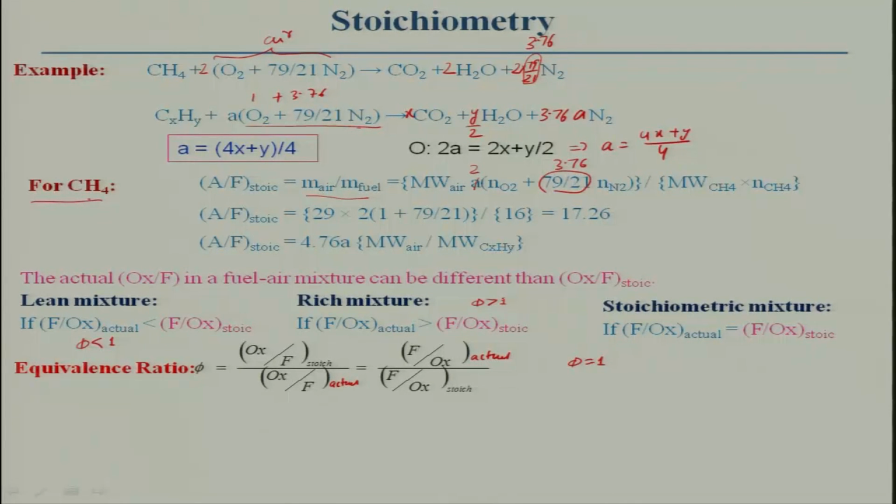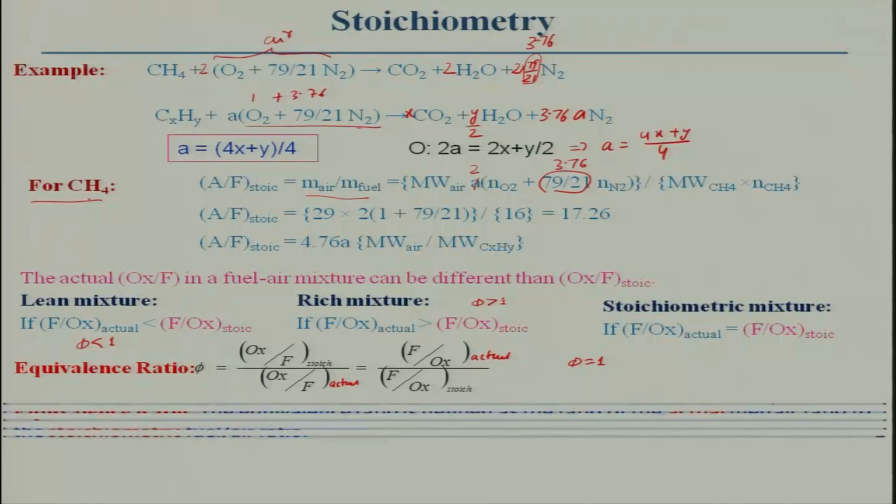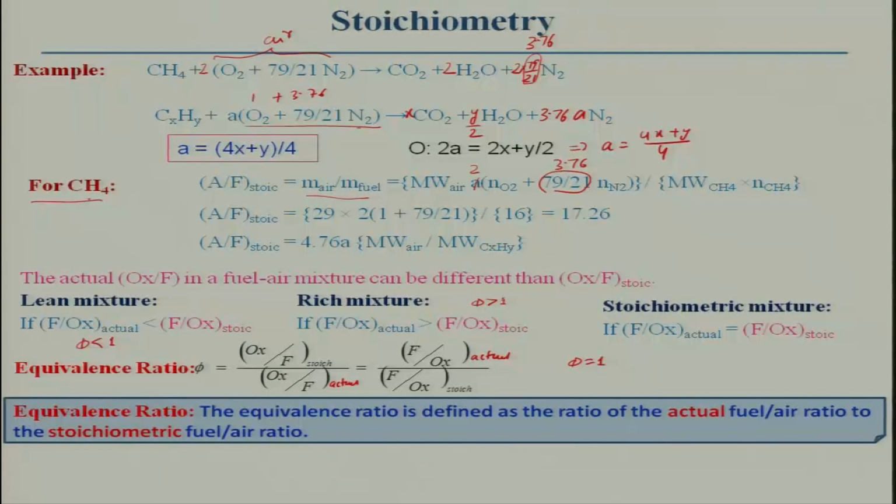Are you getting it? And when we talk about this, we basically mean fuel rich. There can be oxidizer rich also, I can say oxidizer rich, but here what we are discussing is that phi greater than 1 means fuel rich. More fuel is there than the stoichiometric amount of oxidizer required for complete combustion. So, equivalence ratio is defined as the ratio of actual fuel air ratio to the stoichiometric fuel air ratio. Keep in mind that this is a very useful